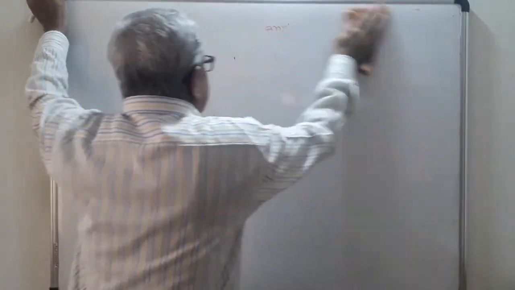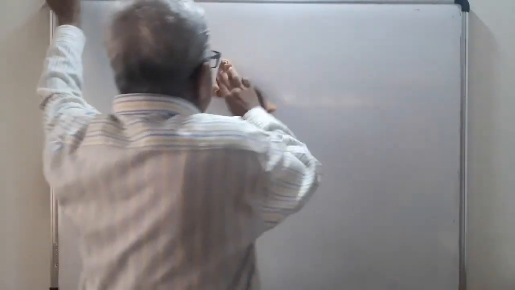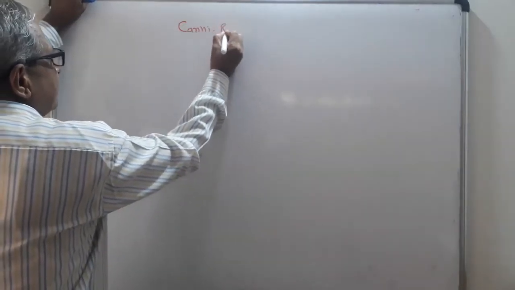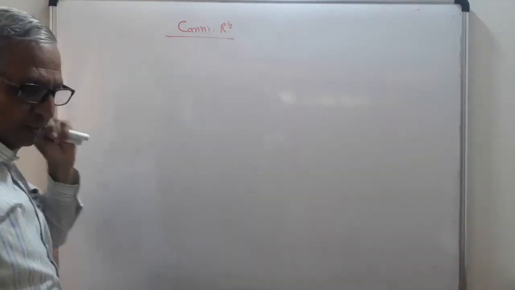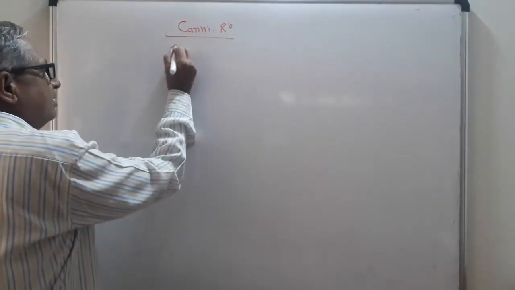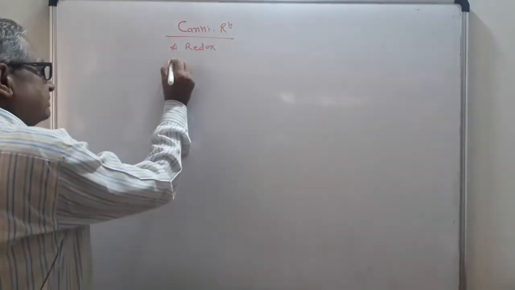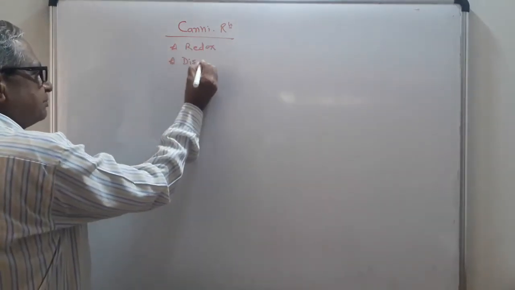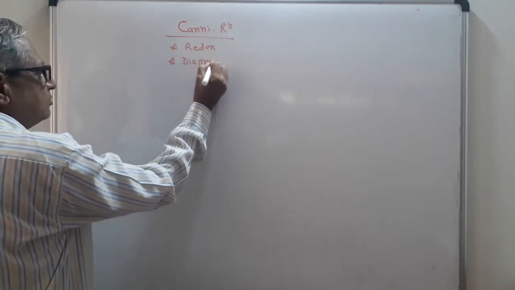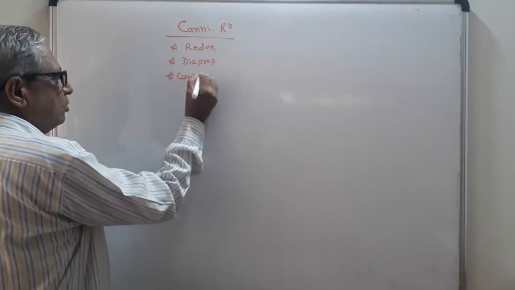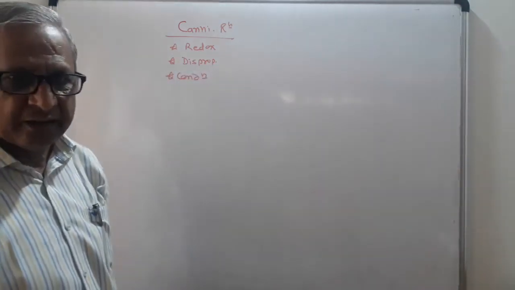Crossed Cannizzaro reaction. Before going to take the point here, I will take a brief revision on the Cannizzaro reaction. First, it is also called a redox reaction. Second, it is also called a disproportionation reaction. Third, we should know the condition: only aldehyde having no alpha hydrogen.